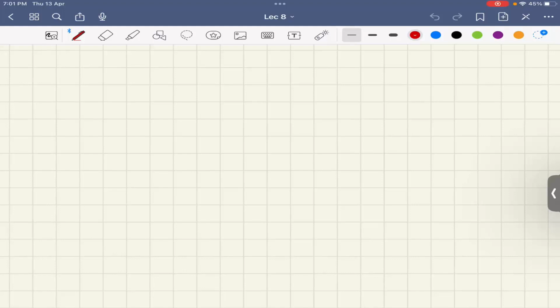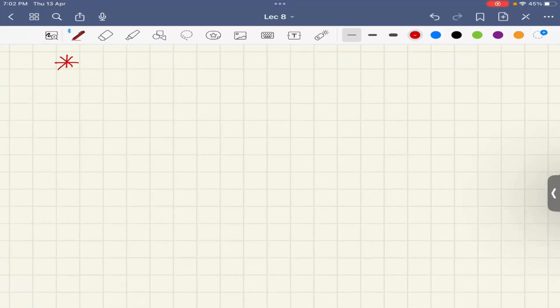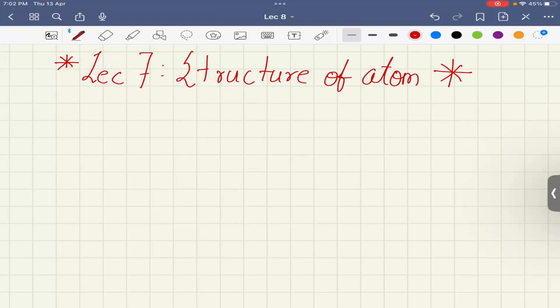So in this class, we are going to study these drawbacks in detail, and then we are going to study Bohr's model of the atom. Let me write down lecture 8, structure of atom. The first topic which we are going to study is